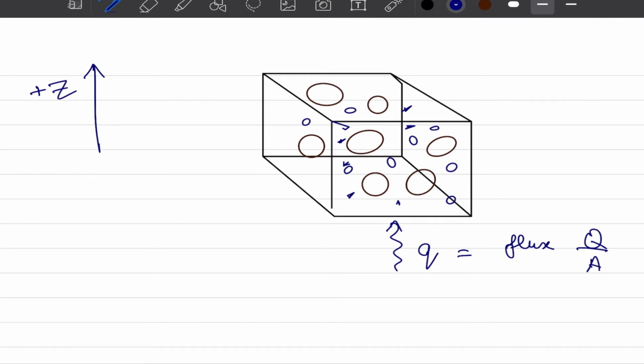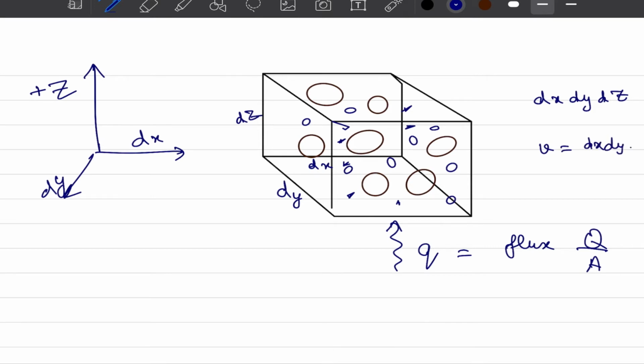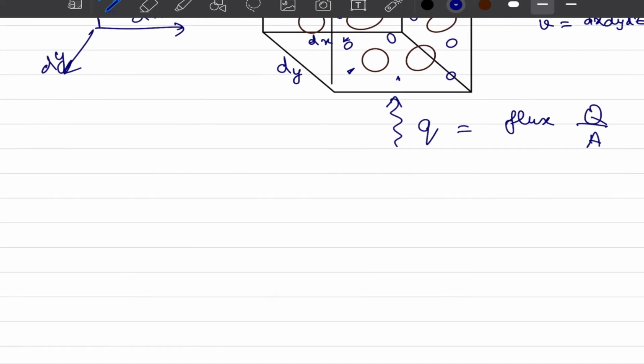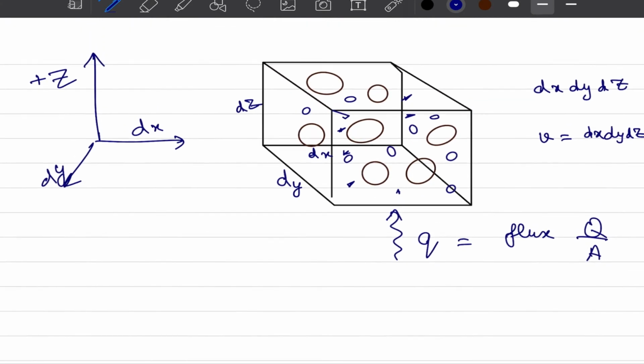And let us say that the volume of this element that we have considered is dx times dy times dz, where dx, dy, dz are taken in three directions. So if we represent x in this direction, y in this direction, this would constitute our dy, this would be dx, and this would be dz. So total volume here would be dx times dy times dz. Area can also be calculated easily. And we are interested to understand the rate of flow or the continuity equation of this parcel of soil.